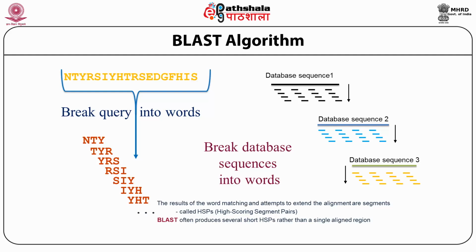Then you break down the sequences and attempt to find an alignment for a segment, which is called the high scoring segment pairs. So you search for the high scoring segment pairs, then you do an alignment extension at both ends of the alignment. For example, you find matches in each database, then you extend the alignment to the end of the sequences, then you combine all the high scoring segment pairs and you rescore. So that's how the BLAST algorithm finds the best sequence alignment, and the scoring is assessed by the E-score, as I discussed earlier in the slides.